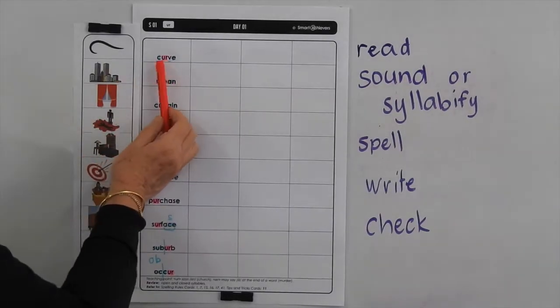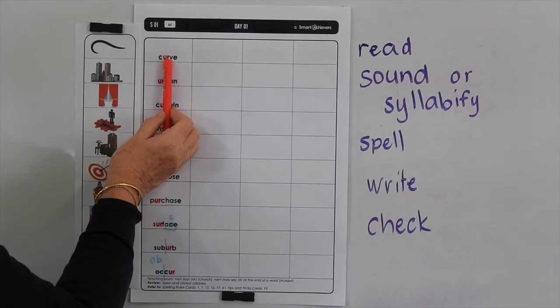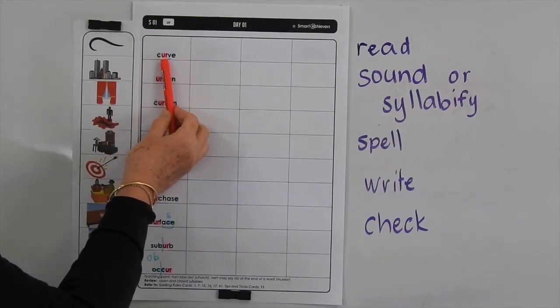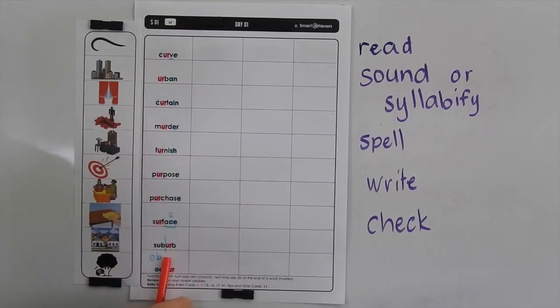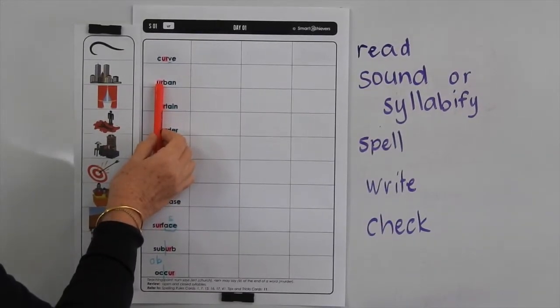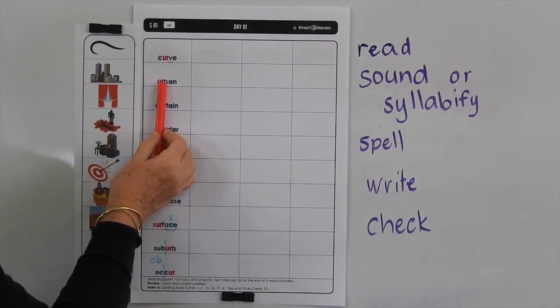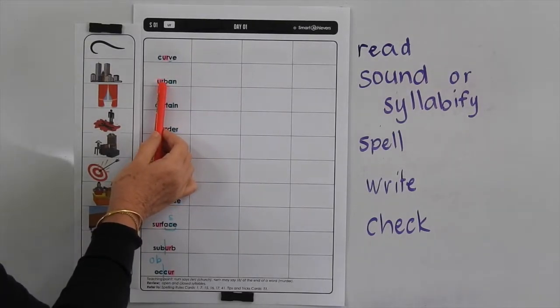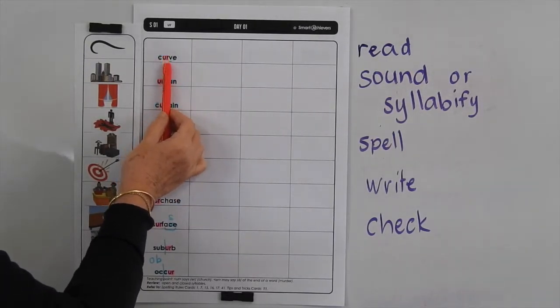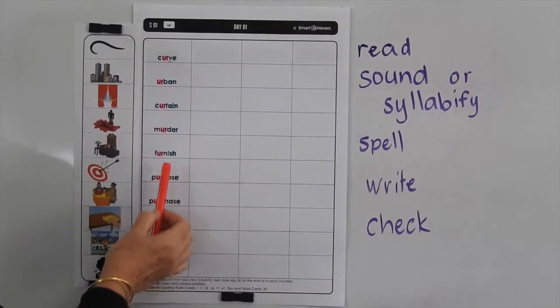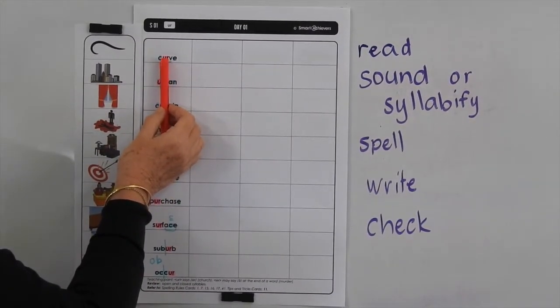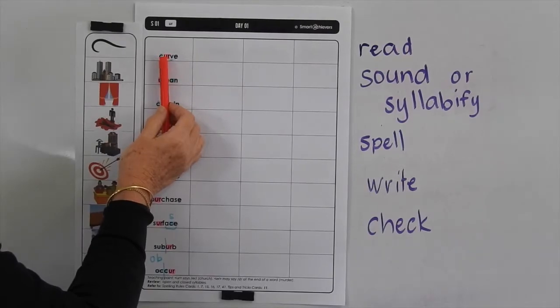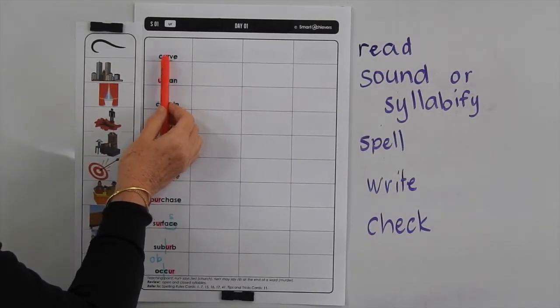In this list today we are using the UR for the sound, and you can see it commonly appears in the middle of a word, and it can sometimes appear at the start of a word but not often. I think urban and urge are probably the only times that it really appears at the start of a word. So it is a common sound for the middle. You have to remember that because the positioning is important to know whether to use IR, ER or UR for